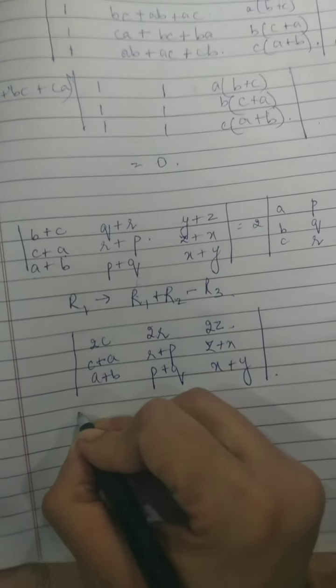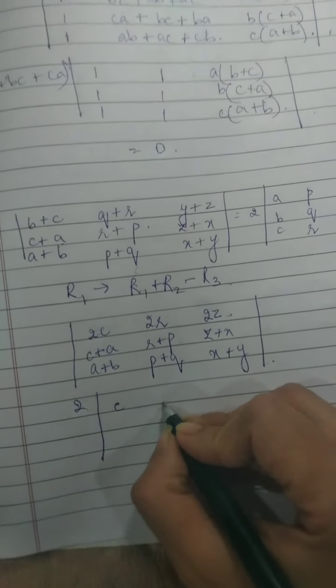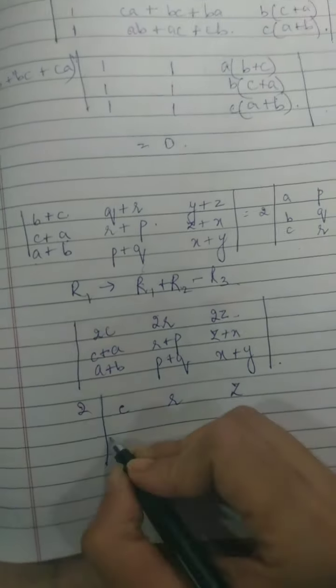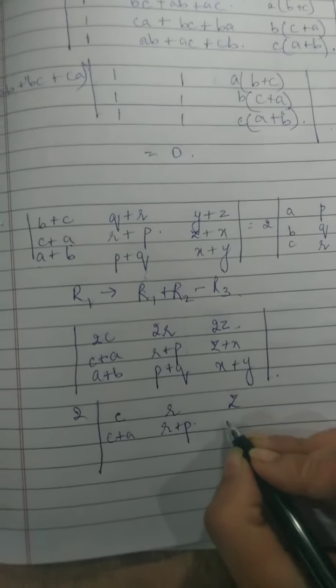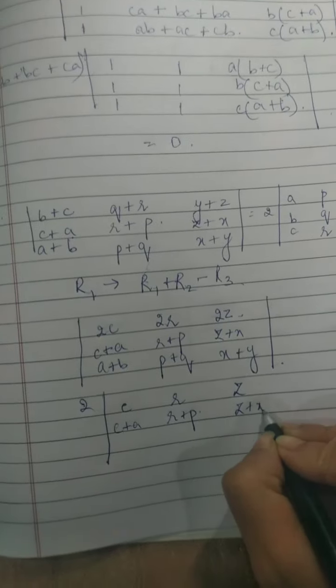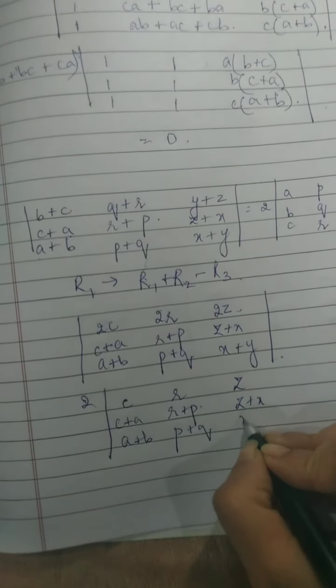Taking 2 as common from row 1, we are left with C, R, Z. This is C plus A, this is R plus P, this is Z plus X, likewise A plus B, P plus Q, X plus Y,